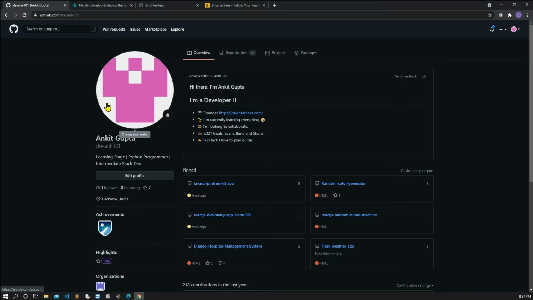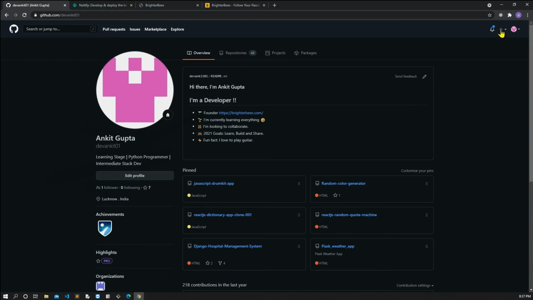Okay, so we move to our session, and first we have to create our account on GitHub. If you don't know about GitHub, it is an online platform for coders and developers where they can host and publish their code very easily. If someone wants to collaborate in a company with their teammates, they can easily work together by sharing their code. So GitHub is very useful for developers working in a company, and for learners as well. Here is my account, and let's start.